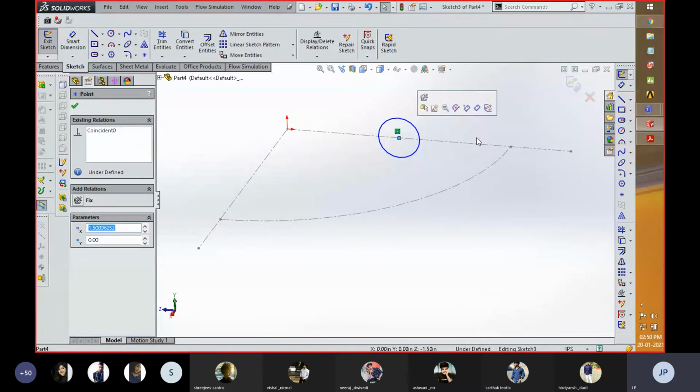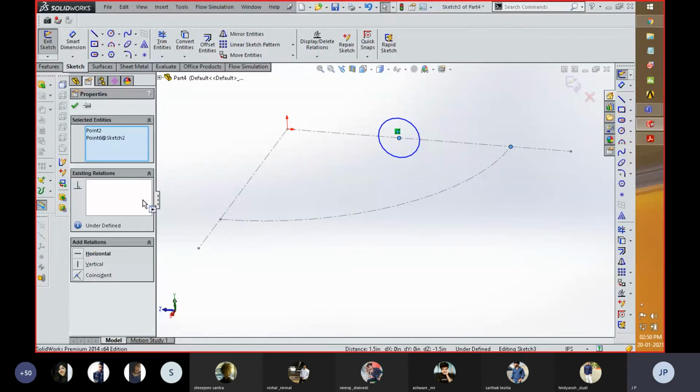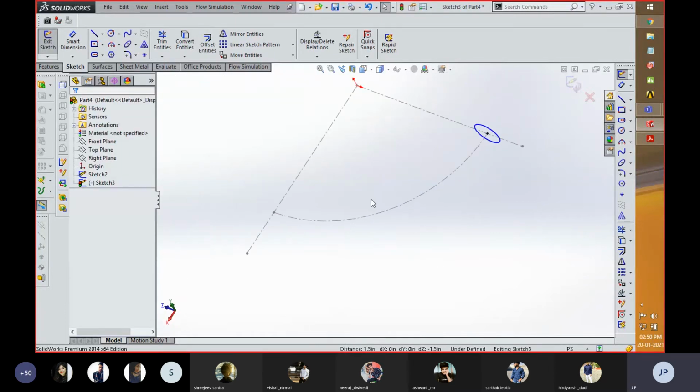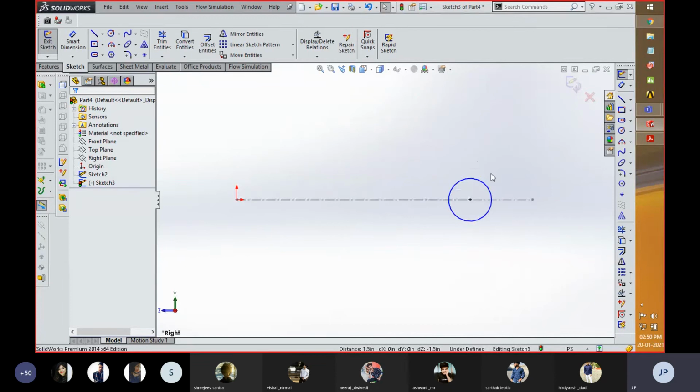Suppose you created a circle at a different location, but you need to make it coincident with respect to the component. You can do this by selecting both center points of both sketches and then clicking OK. Now I'm going to fill in the dimension of that circle.